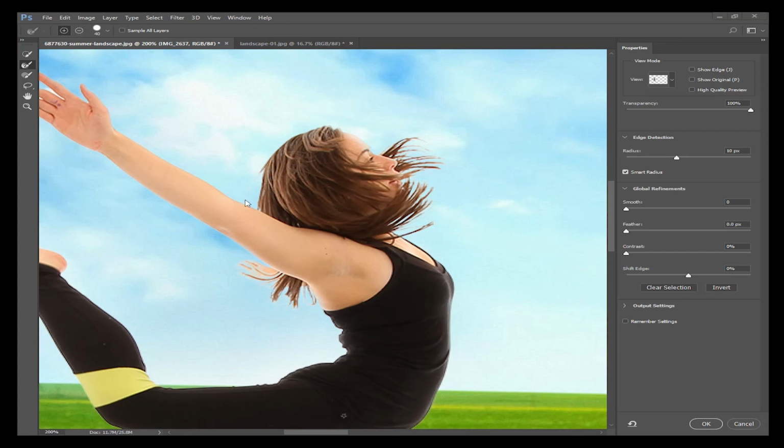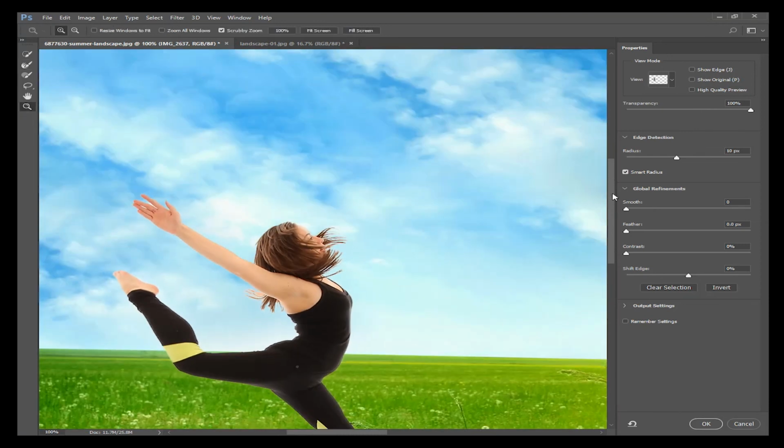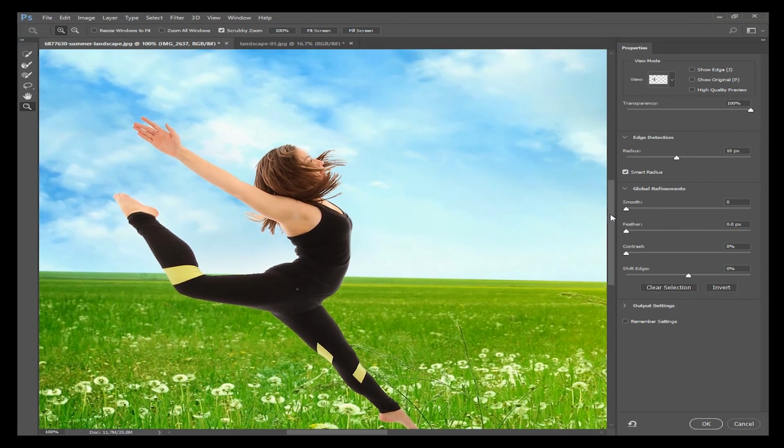The last step in this picture is to just quickly double check it. Make sure that you have no other hidden areas that have disappeared or that it looks weird. Okay. I'm now going to go to the output settings here. And I want to output this to a new layer with layer mask. Okay, and when I output this to a new layer with layer mask, when I select this option,